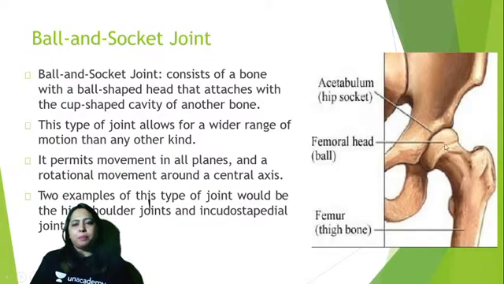So this is called the hip joint. Even though the socket is covered by a transverse acetabular ligament, and the labrum is present and also the ligament, there are high chances that the hip joint dislocates inferiorly and posteriorly. So inferior dislocation and posterior dislocation are very common in the hip joint.